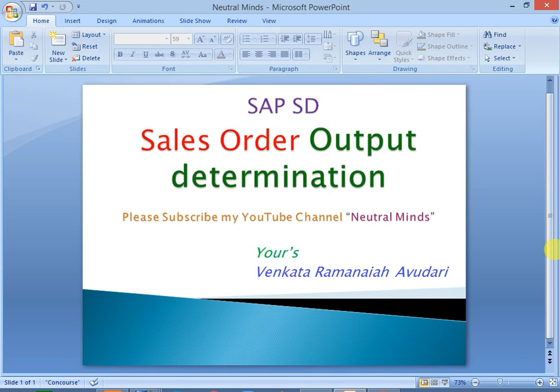BRF plus is the advanced output determination process, but it is available only in billing document. Some companies still use the old process. So all SD consultants must know ECC output determination for S4HANA also.